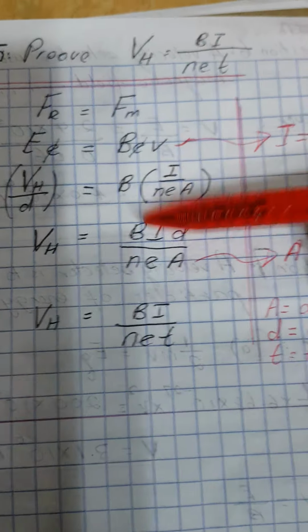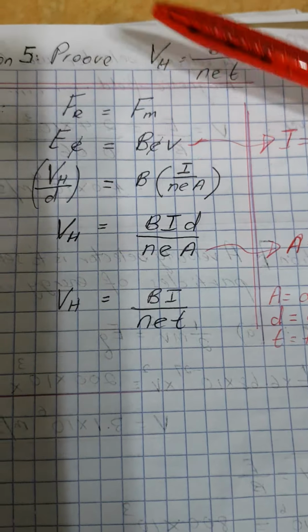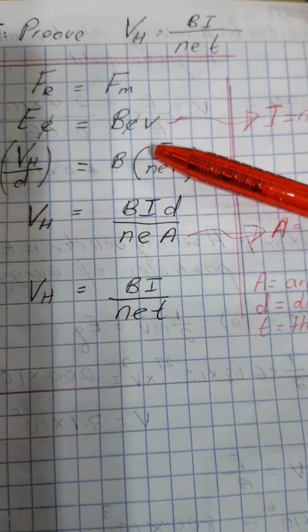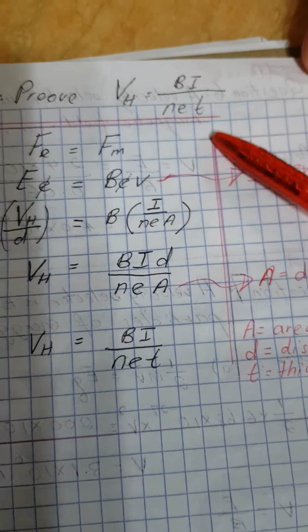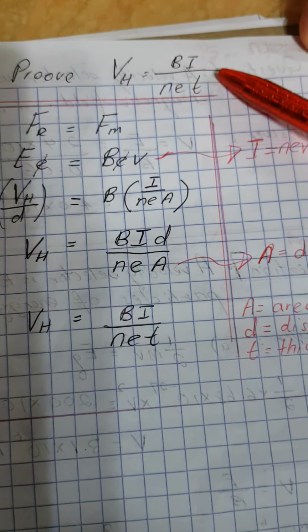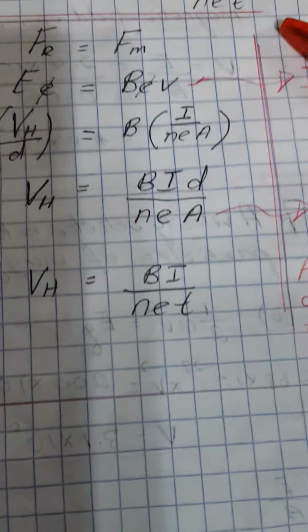A question like this will come out in the exam. You must start from the top here: Fe equals Fm. Please try. This question I did not give you in your Google Chrome. This is one formula for Hall's voltage. Please memorize, class. VH equals BI over NET. Many students get confused here. They take this T as time. There's no time involved here. This is your thickness. Okay, next question.